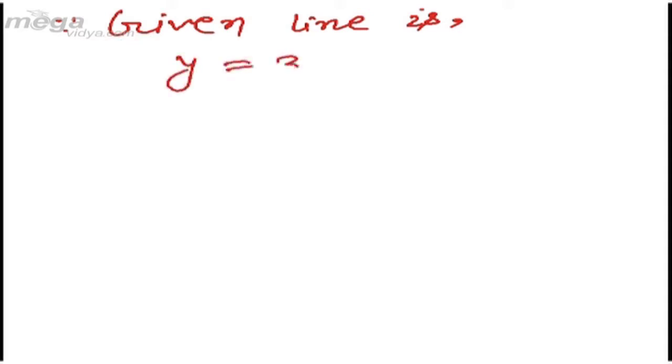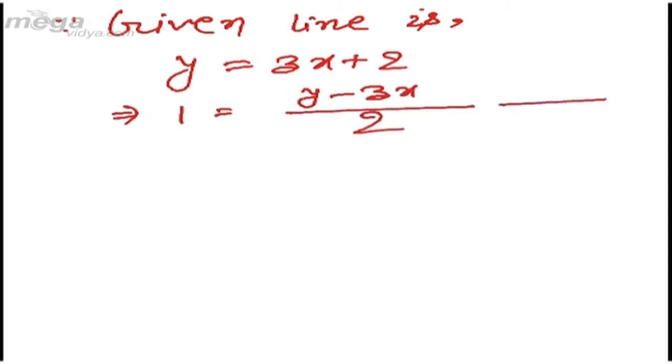Here the given line is y is equal to 3x plus 2. So from here we'll find out the value of 1 as y minus 3x upon 2,